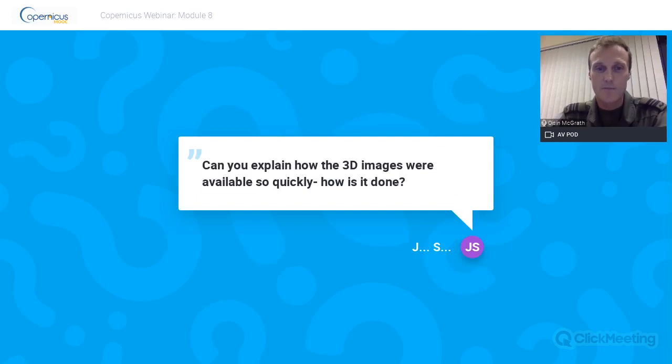How were the 3D images available so quickly? The 3D images on our browser are actually the 3D image from the map, which has nothing to do with us. We're overlaying our drone track onto the 3D image, which is already there. That's a Google Earth algorithm. The 3D images on the drone are another software. We don't do that. We concentrate on immediate imagery, high definition photographs and video for people recognition.